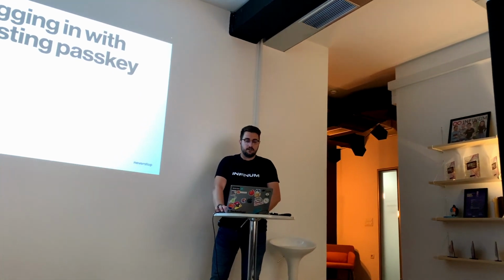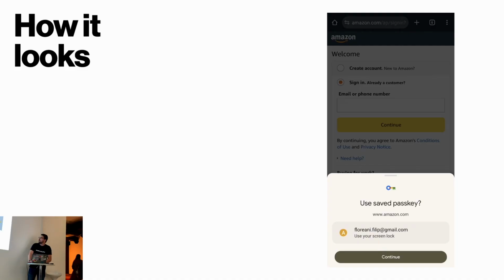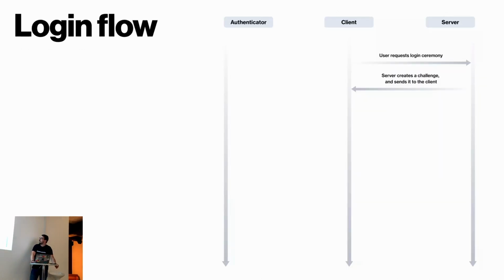All right, logging in should be a bit simpler. The login process looks like this: you get to a login page, or you're within your app, and you have an option to use a saved passkey to log in. You're welcomed by a prompt from the credential manager who says, okay, you have a saved passkey with this and that account. Choose that one, use your screen lock or whatever else you have for gaining entry, and that's going to be it.